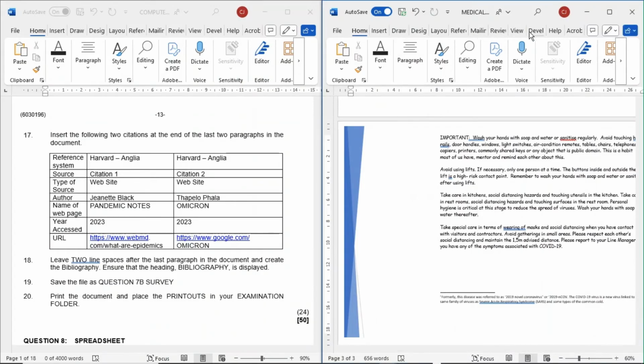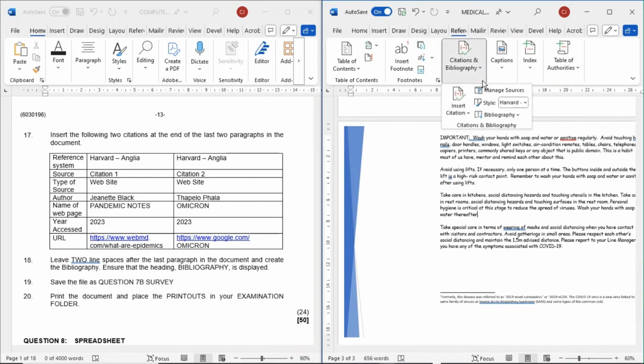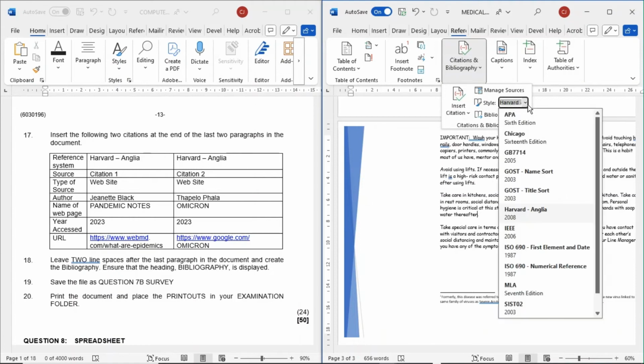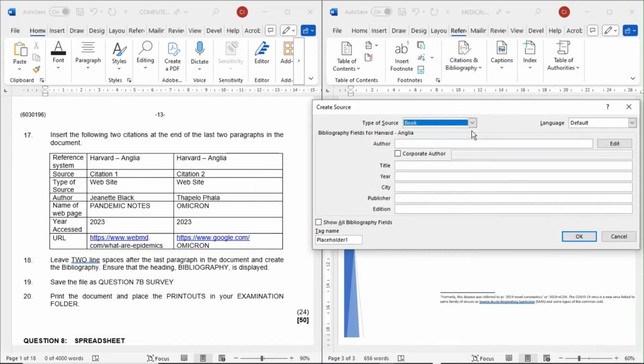Go to references, insert citation. Make sure to check the style that it is Harvard. Then you insert your citation, add a source. Okay, type of source is a website.